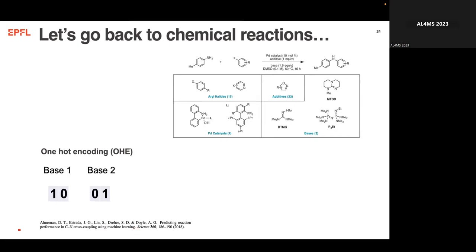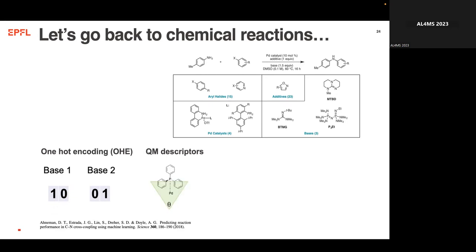And how can we now represent this chemical reaction for Bayesian optimization? A very popular choice when you are in such a very constrained space is just one-hot encoding. Here in one-hot encoding, if you look at base 1 and base 2, just as an example, if base 1 is present in the reaction, you would one-hot encode it with 1, and all the bases that are not present would get a 0. Like that, you would get in this case a 44-dimensional vector with all the different components.